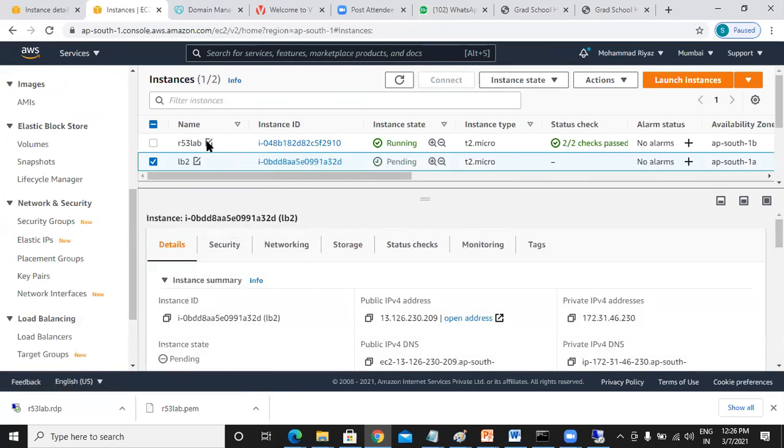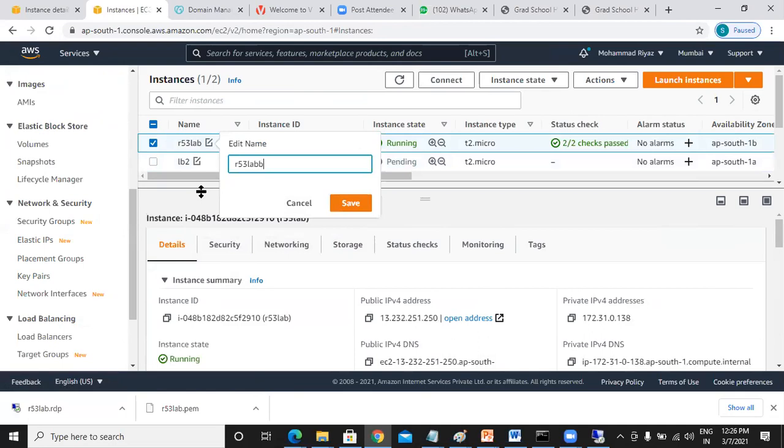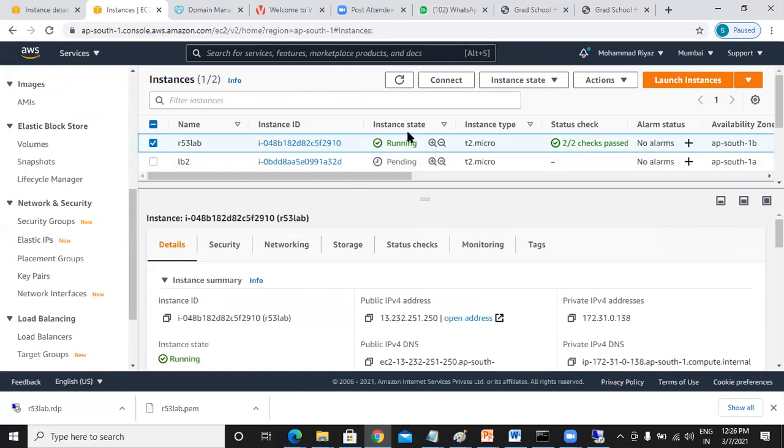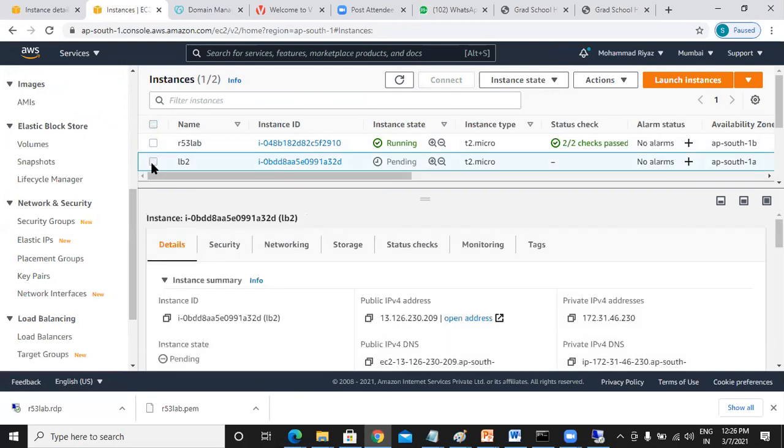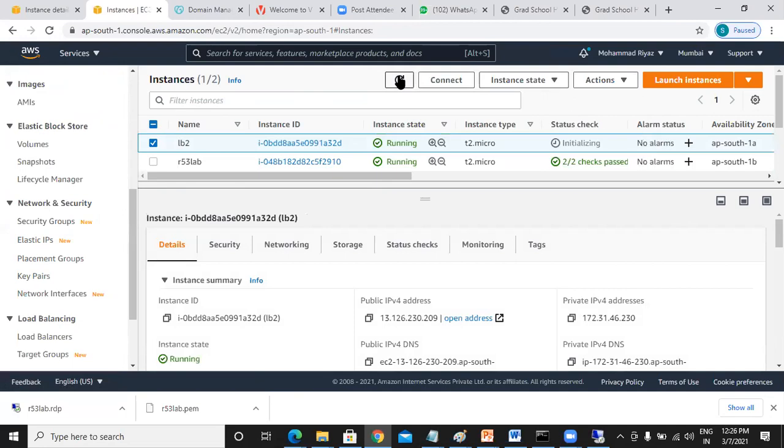I am changing this name to LV1 just to make our life easier to do a quick load balancer. So in one machine, we already installed our web server. So the same thing we are doing in the other machine. So the moment we install in the other machine, we just need to configure the website and create a load balancer.